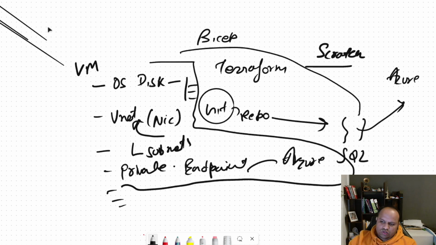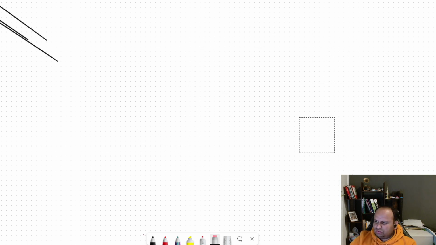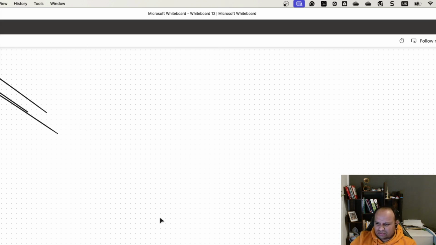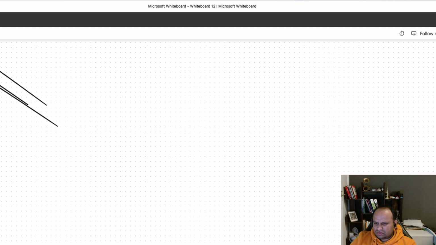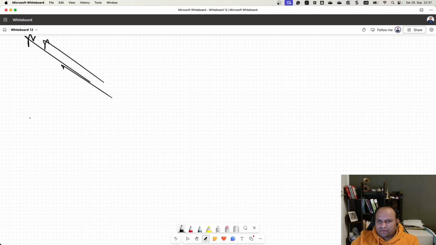And that's where you come across an approach where, okay, you create some kind of template, or you can call it a module, and